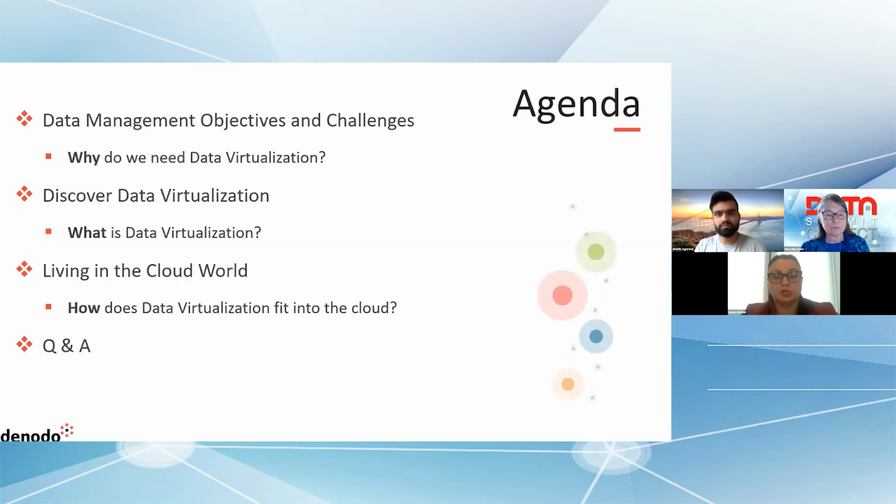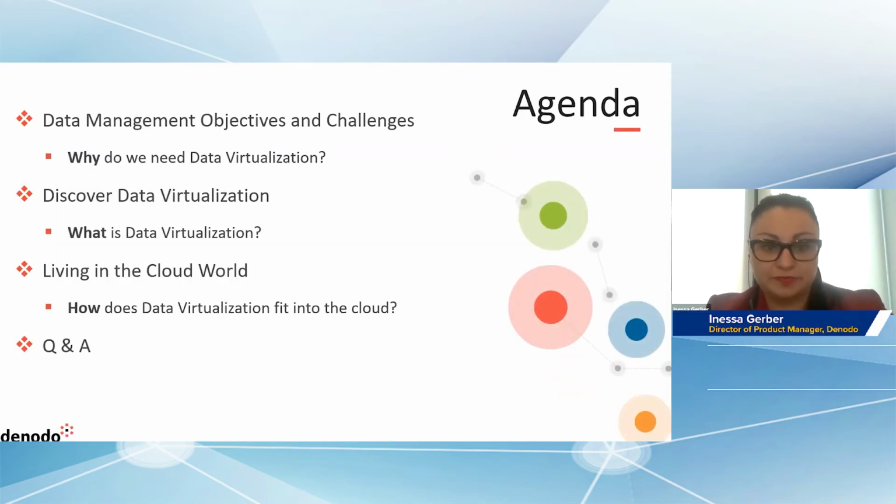Today I would like to talk about a couple of different aspects. I would like to talk about business objectives, and what some of the difficulties and challenges in data management itself are. I'll introduce you to the data virtualization concept and how it fits into your enterprise ecosystem. And then we will talk about the hybrid deployment. We've been talking about cloud, we've been talking about data lakes, and how all of the pieces fit together. There is more to the picture. Companies have more and more components within their enterprise.